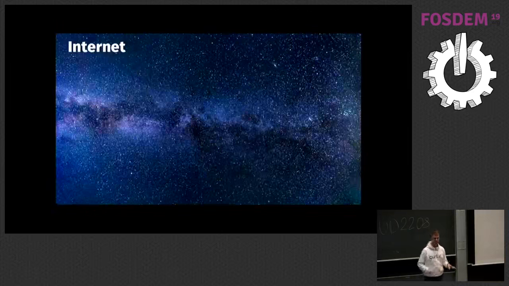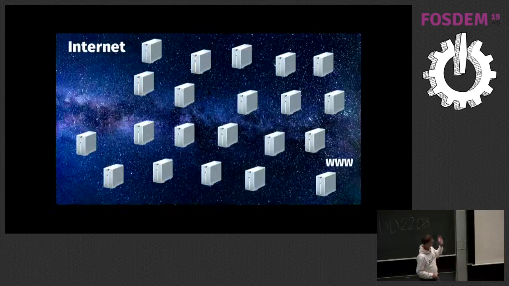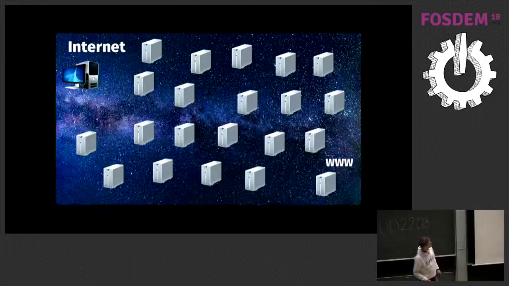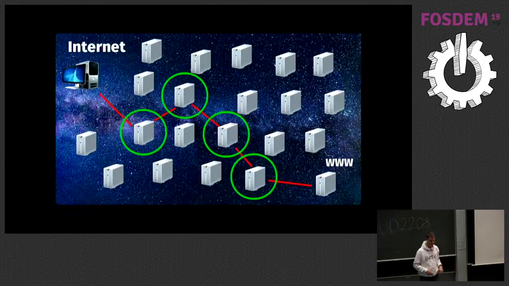So just to illustrate what I said, this is the internet, lots of boxes. That's the server we want to access, and that's me. And we go through the internet via a lot of boxes, and all those are the middle boxes, and they are the ones with this ossification effect.